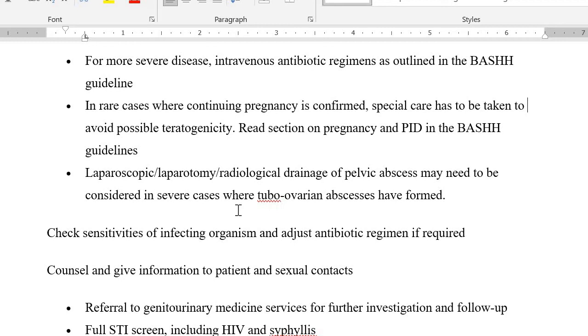So we will give them just ampicillin and metronidazole. Metronidazole can be given in all trimesters of pregnancy. And at the same time, what we have to do, like